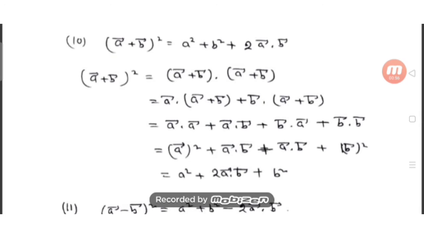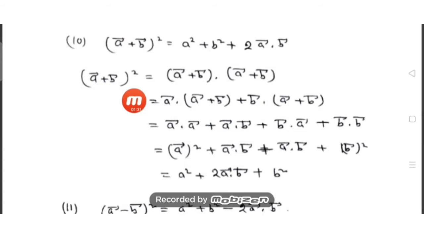The difference between that and here, you see, the square term will be the same because we already know the square of a vector will give you the magnitude. So here also we have a square for a bar square and b square for b bar square, but in the place of twice ab we will get here a bar dot b bar, because in case of a vector, without giving any symbol we cannot write two vectors together. Let us do the proof of this result.